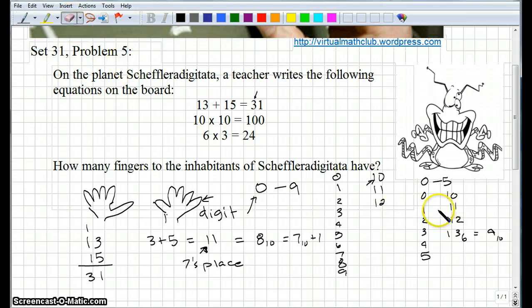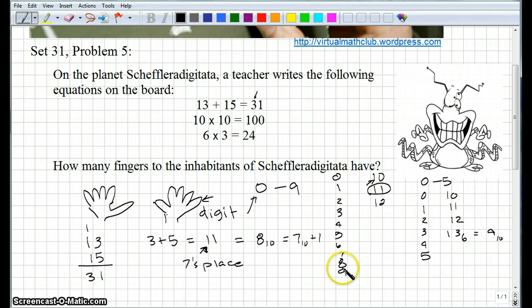Here was our base 10 system, alright? We counted up to 9, and then we ended up with 1 10 and 0 1s. 1 10 and 1 1. Alright, so this counted the number of 10s, and this counted the number of 1s. Alright? And in their system, this still counts the number of 1s, but in order for this to work out,